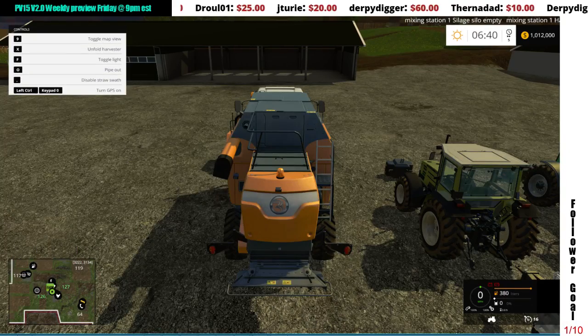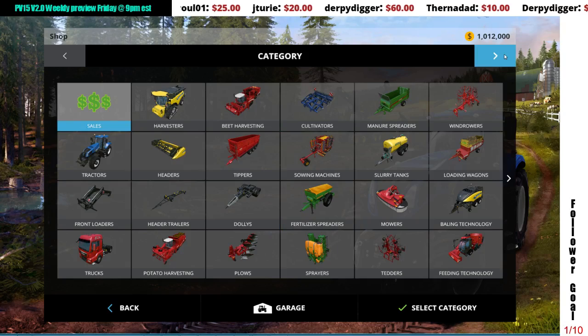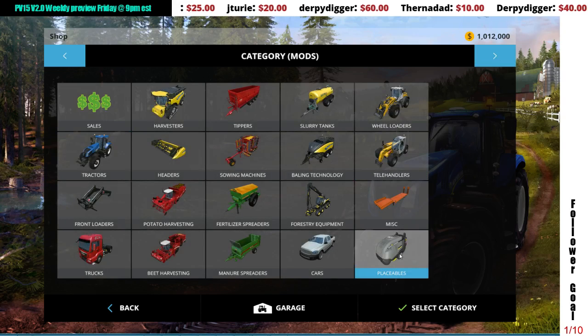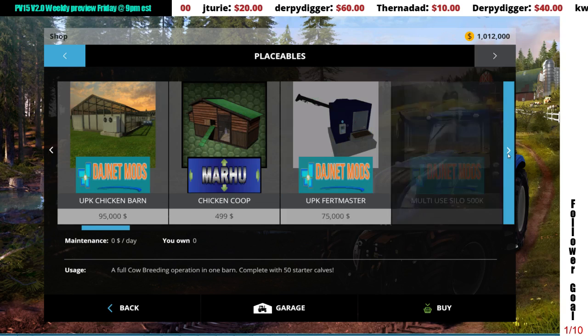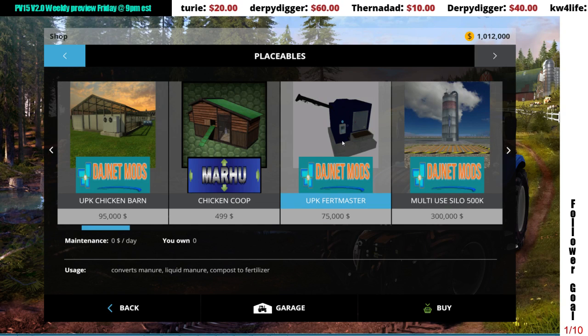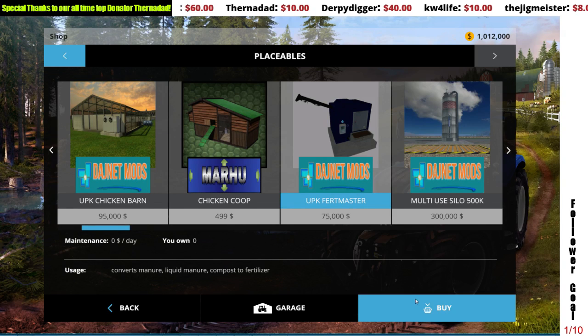So if I'm good to go, we go to our mods under placeables, and we have our UPK FertMaster. And maintenance is 0. You can add a maintenance cost. Usage converts manure, liquid manure, compost to fertilizer. We'll buy one of these,